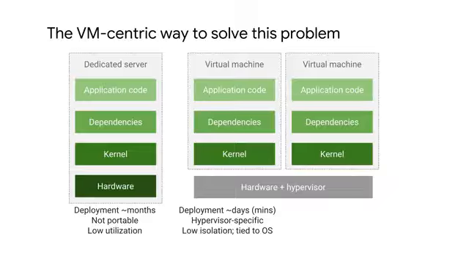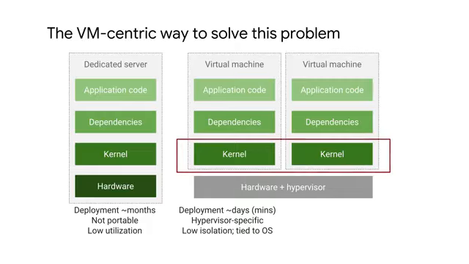Now, the VM-centric way to solve this problem is to run a dedicated virtual machine for each application. Each application maintains its own dependencies, and the kernel is isolated, so one application won't affect the performance of another. And what you can get, as you can see here, is two complete copies of the kernel that are running. But here too we can run into issues, as you're probably thinking. Scale this approach to hundreds of thousands of applications, and you can quickly see the limitation. Just imagine trying to do a simple kernel update. So, for large systems, dedicated VMs are redundant and wasteful. VMs are also relatively slow to start up because the entire operating system has to boot.